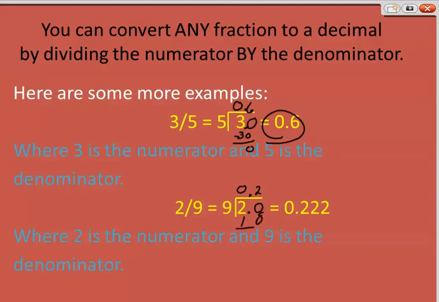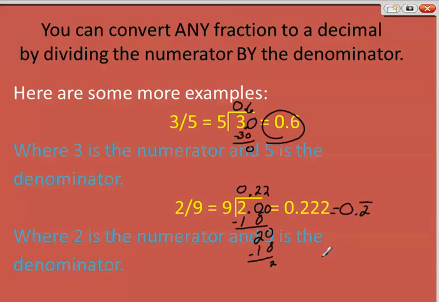Now something crazy happens here. When we do our subtraction, we get another 2. And if we add another 0 and bring it down, then we get 20 all over again. And then we go in 2. And then we get 18. And then we get 2. So we're stuck in this loop. And so that means that it's 0.2 repeating. So it's going to go 2, 2, 2, 2 forever and ever. So this one we actually would write as a 0 point, and we put a 2, and we put a bar over the top of it,